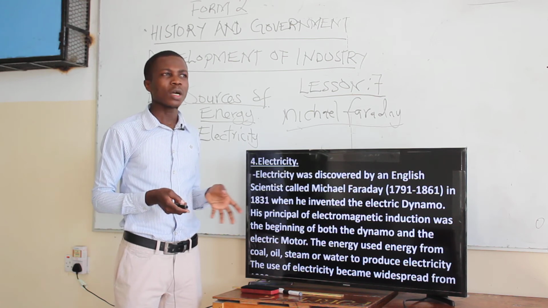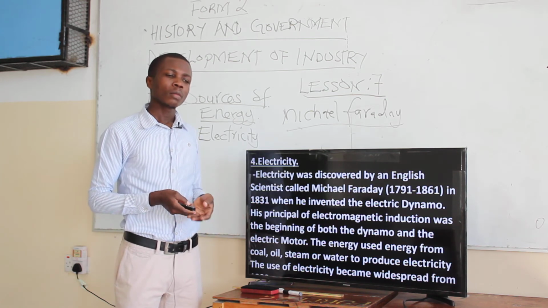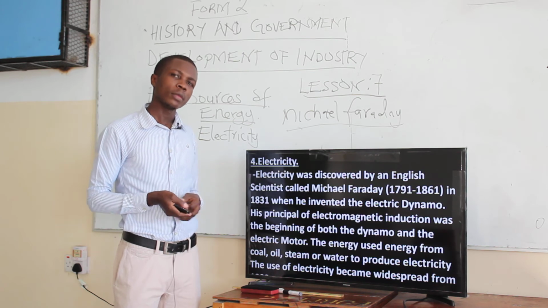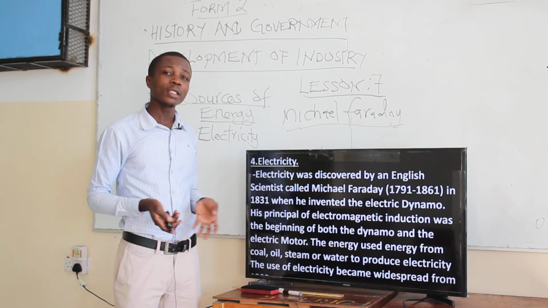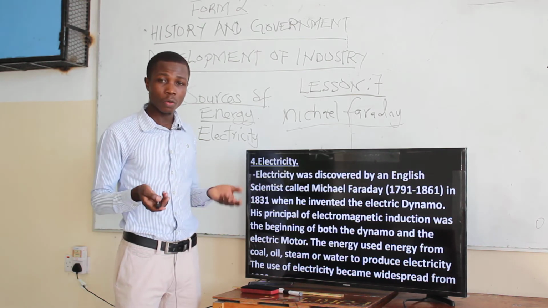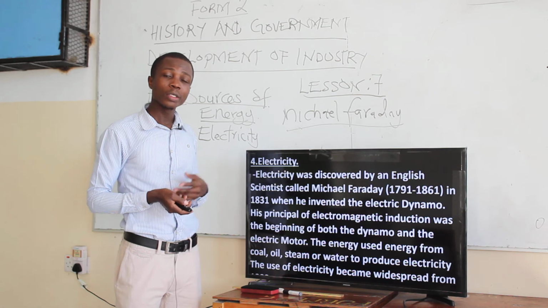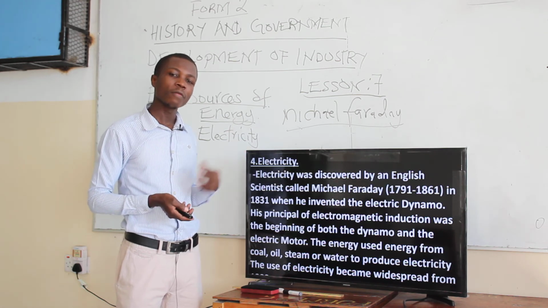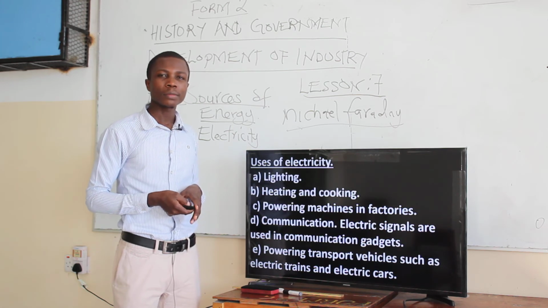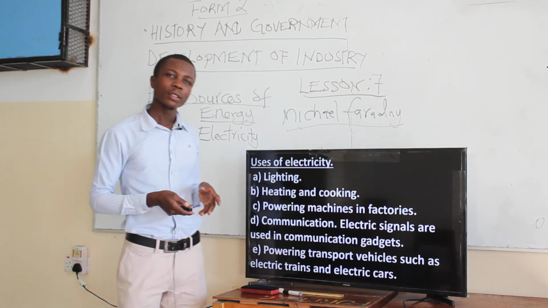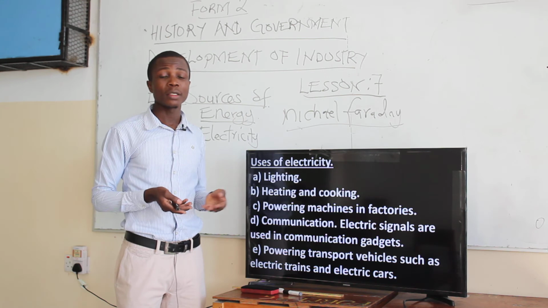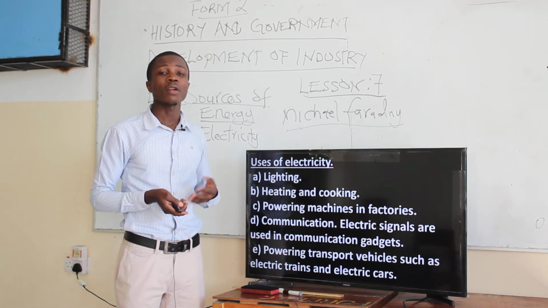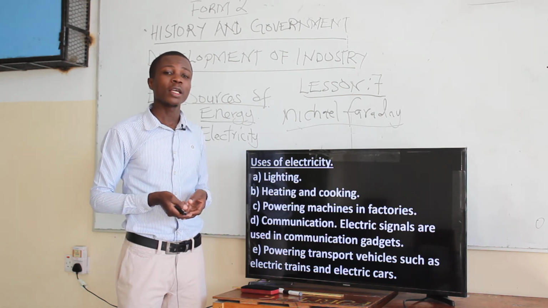I know that you can link that to where you are at home. You can give that even without looking at what you're going to talk about. Electricity is all about what you have right now at home. You have already known who invented it, which is Michael Faraday. Let's look at the uses. Lighting: you can look at the bulb at home, or any other thing that uses light, uses electricity. It was used for lighting and is still being used for lighting.